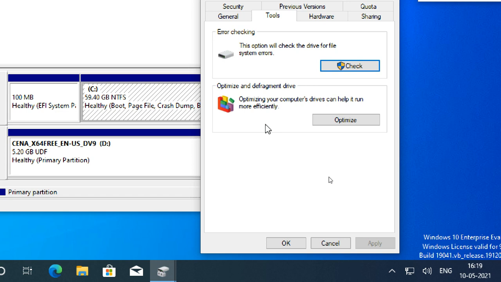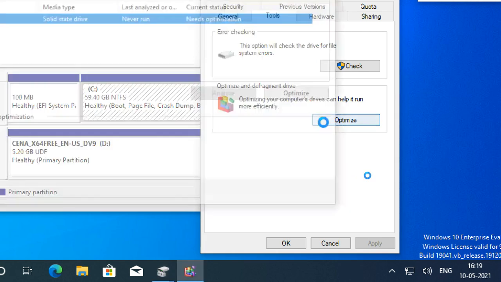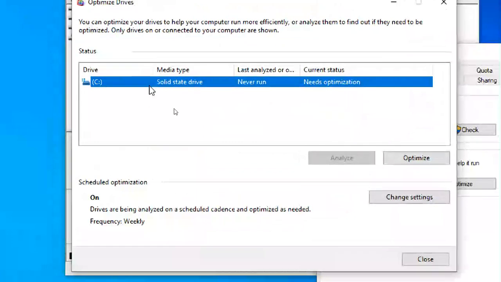And read and write will become slower because it has to search for data here and there, so the system becomes a little bit slow. So optimize it, click on optimize. Okay, we have only one drive, and you can just analyze it. It actually should show analyze, and this has not yet been run earlier, so analysis also has not been run. So first you have to analyze whether any fragments are there. If fragments are there, then click on optimize.